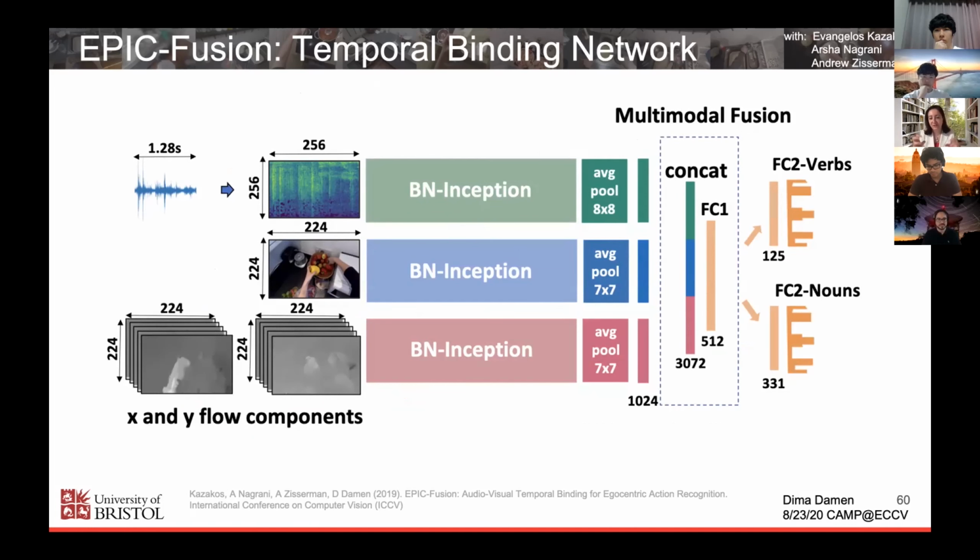So each window is sampling an audio, a visual, and a motion, not exactly in sync, and then concatenating and doing a naive late fusion. In the paper, we also looked at more interesting fusion approaches, and they didn't prove to be significant. The outcome of this model is the two outcomes of Epic Kitchen. So these are the verb classes and the noun classes separately. We always train Epic like this, and it seems to be kind of doing the best thing for us. So it's a two-head output.